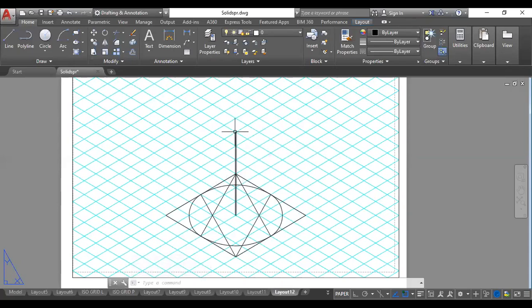So taking this as center, I should construct a box of 60 by 60 because the top diameter is also 60. If this is the center, along this side I will come half of it, that is 30. So from the center I have come 30 back. Now from here I will go 30 this side and 30 on the other side.